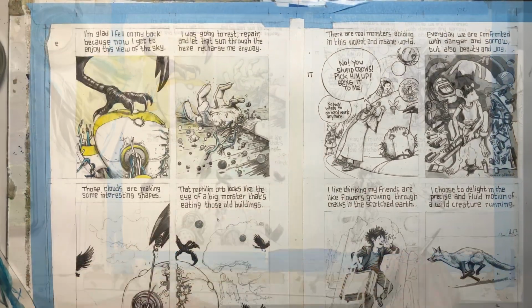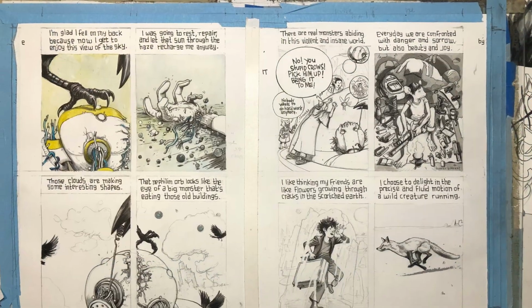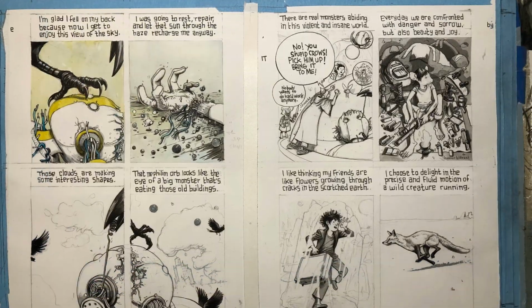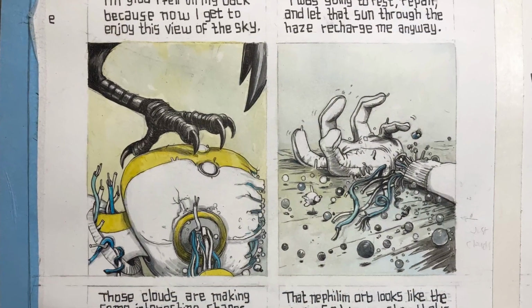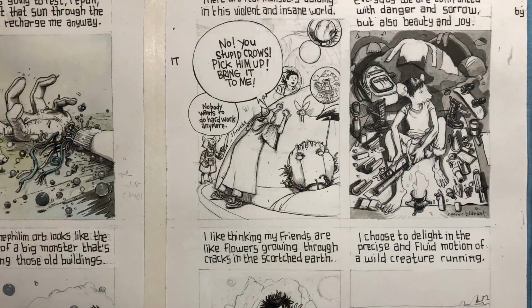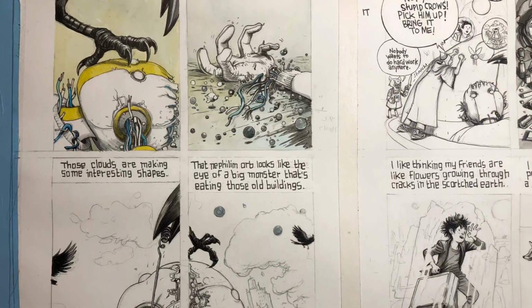So rather than, I scanned in the second page, and I did the pencil lines to the borders in the second page, and scanned in the stars and scanned that in. And then when I was cleaning up the lettering, I realized that the first page was missing some of the border lines. So I just went ahead in Photoshop and used kind of like the pencil tool and the line tool to make borders. And I'm curious to see if anyone can tell the difference, like once it's in print,